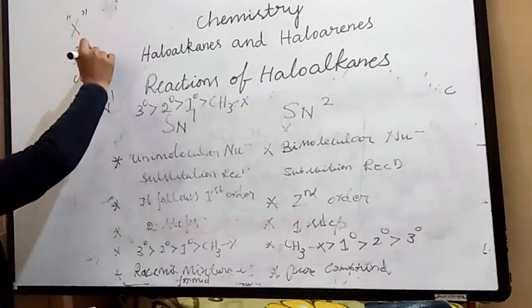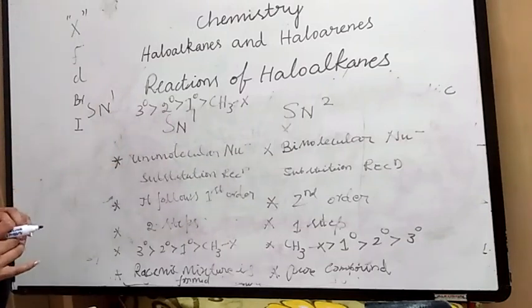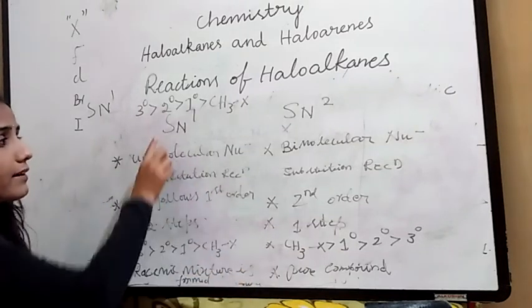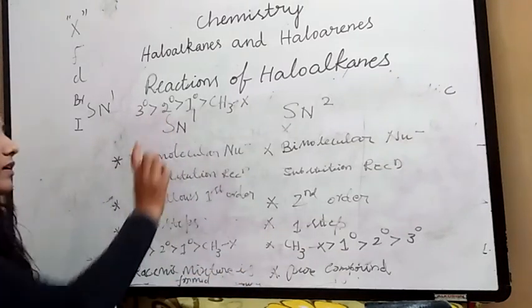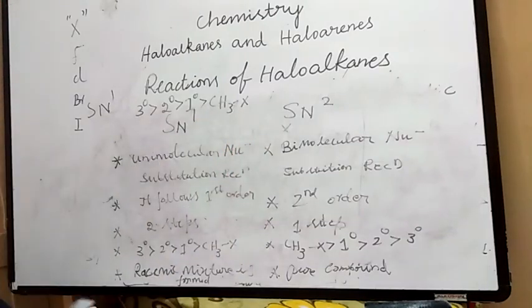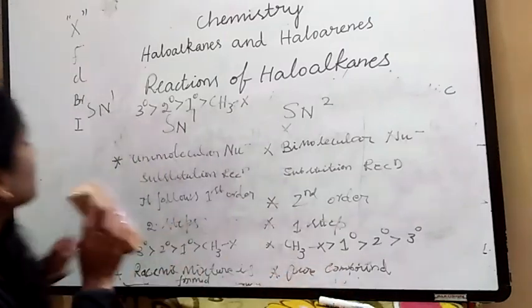Keep on repeating. SN1 and SN2 are very, very important. One question will definitely be in the question paper. Okay, you should practice three or four or five times. If they ask differences, they will not ask mechanisms. If they ask mechanism, they will not ask differences. Okay, this is about the SN1 and SN2 mechanisms and today's class.